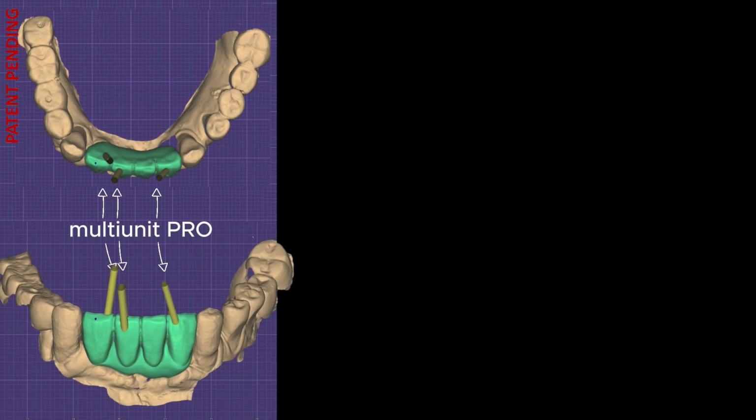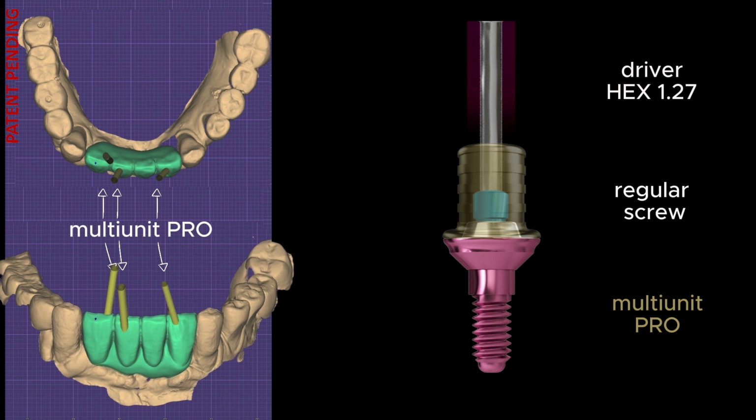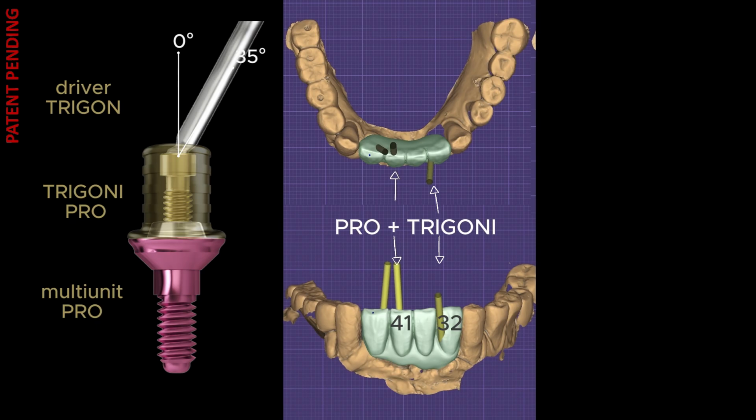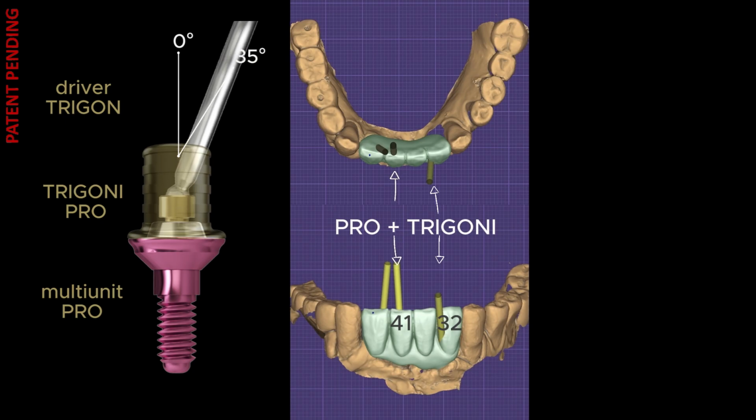First option, the initial design stage of the bridge on Pro multi-units using standard screws. Work is possible only at a straight angle, which limits prosthetic possibilities. Second option, Pro multi-units with trigony screws. Angulation correction up to 35 degrees, expanded prosthetic flexibility. This corresponds to the first bridge where we were able to correct the access channel positioning for teeth 41 and